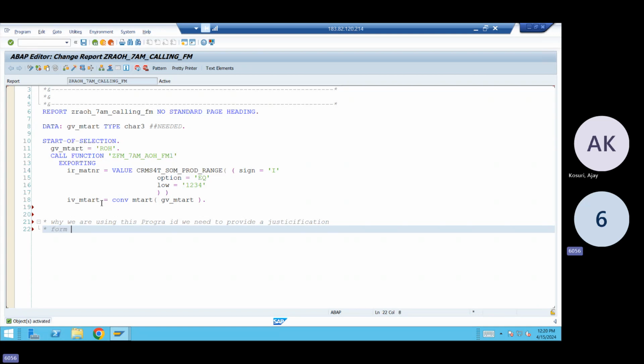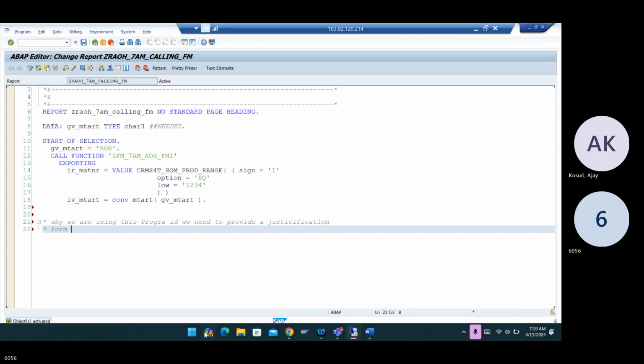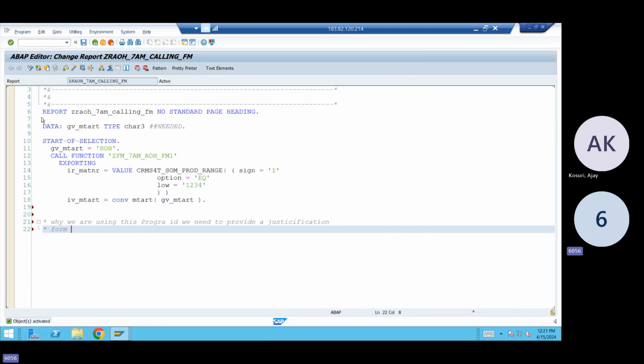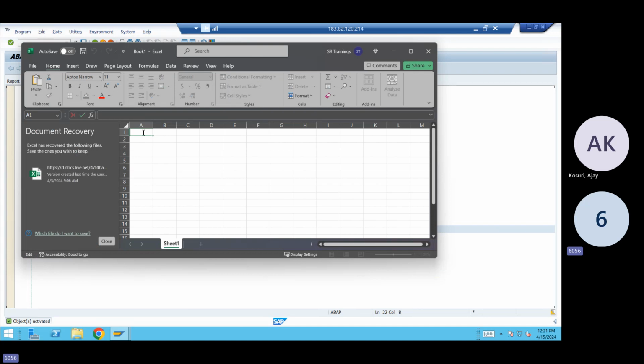So in that form, you have to mention what programmer ID you are using, at what line number, and what the program is. Like this, you will have an Excel sheet. If I open this Excel, you'll have the program ID,